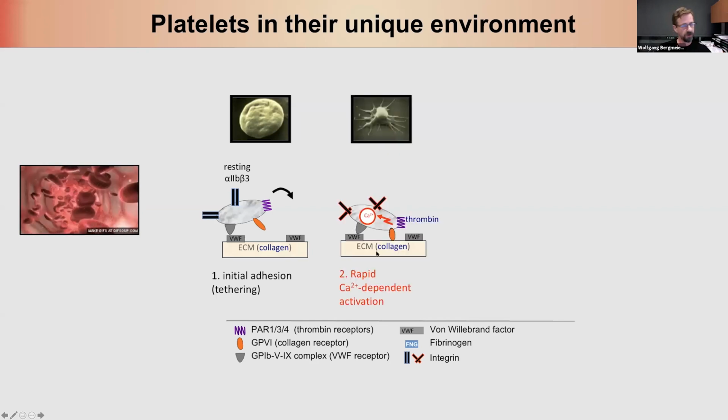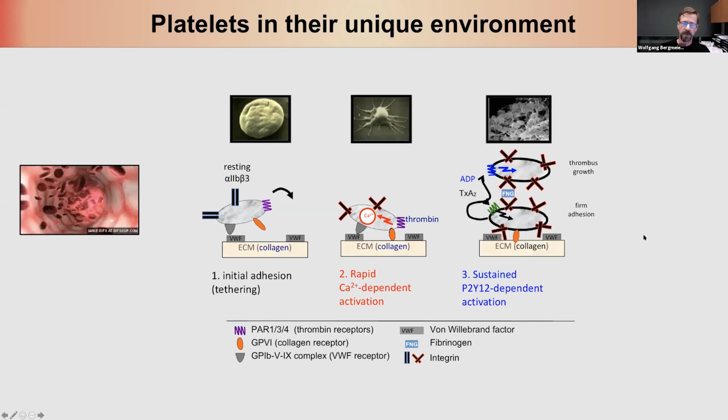And for the first wave of activation, we are talking about thrombin receptors and collagen receptors, or other receptors for matrix components. Now these signals lead to activation of the cell. There's all kinds of changes going on, probably the most important one being activation of integrin receptors, the cell going from a low adhesive, low affinity state to a pro-adhesive state. And that allows the platelets to make contact with the extracellular matrix, but also to recruit more platelets into this